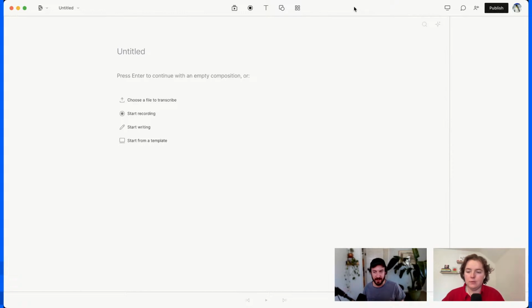But if you have existing files, or you're using any other service like Zoom or anything like that, you're going to download those files to your computer and you're going to import them into Descript. So we're going to show you that process quick. Then we'll do some recording. I have some files on my computer,